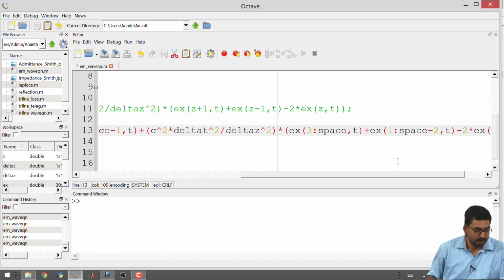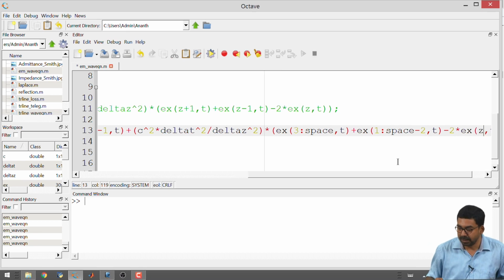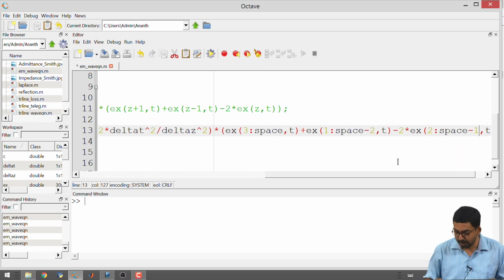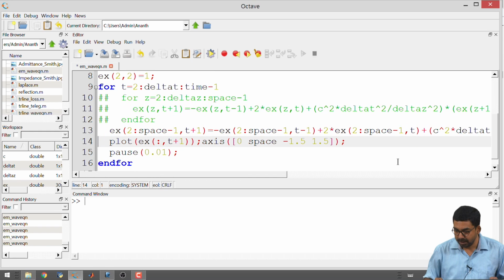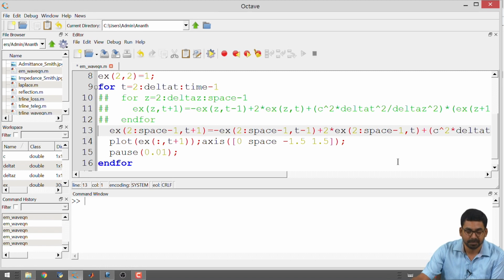And then I have z which is going to be 2 colon space minus 1. So, now what we have done in essence is we are making some calculations on the entire array, for all points in space for that instant of time. That is it, we have removed this for loop completely. Now, we are not manipulating one element at a time. Octave will figure out a way to manipulate this entire thing for all points in space in some efficient manner. We do not want to go into the details, but this is the basics of vectorization.